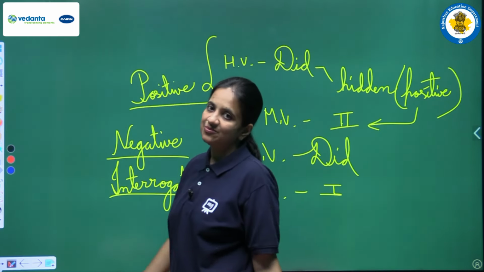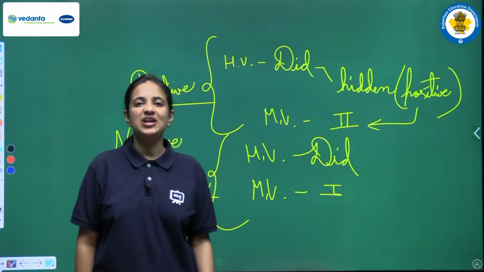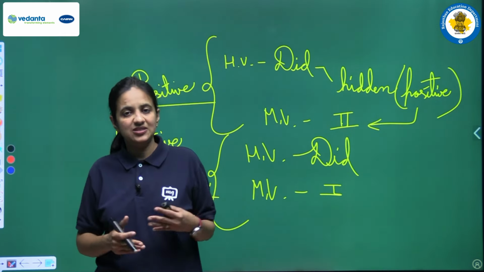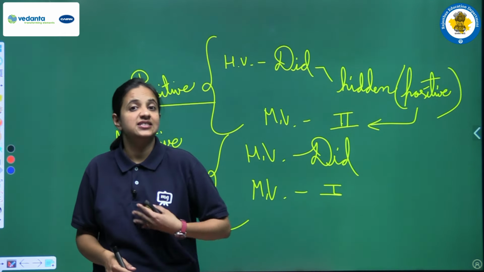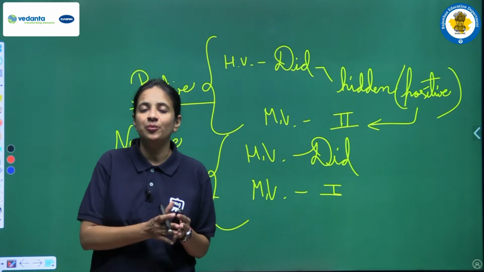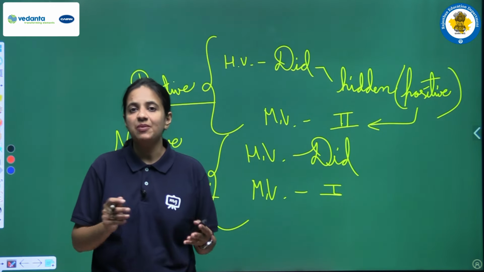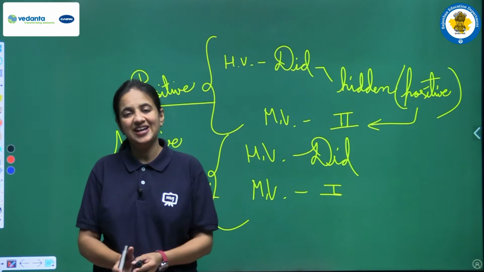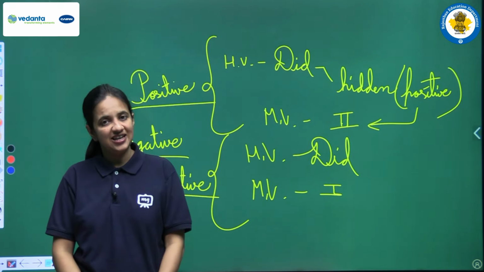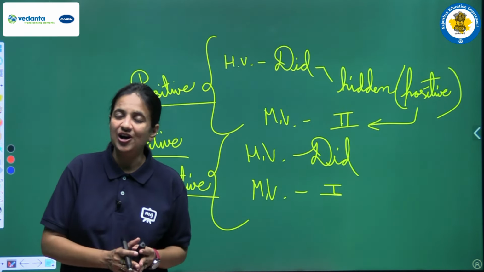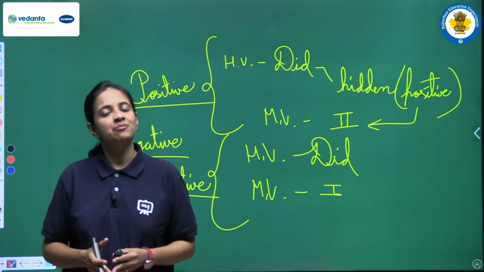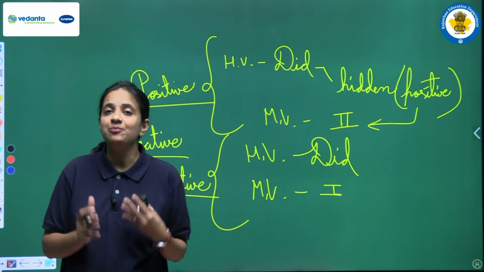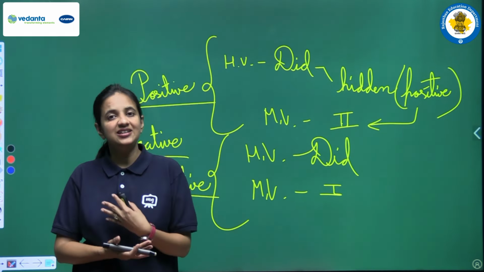So all this is about past simple tense. We have discussed all the rules. We have seen so many uses, so many examples, and here some of the common words that are used in past simple tense. So this is all about past simple tense, and I am very much sure that this tense is very much clear to you all, and you all will be able to complete all the sentences that are based on past simple tense.